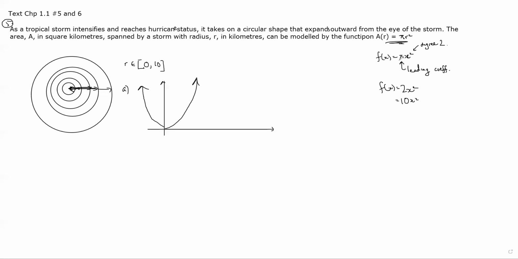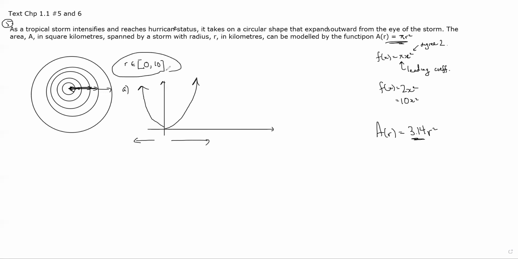In any case, pi is not something that you need to focus on. You don't need to get tripped up over it. It's just a number. The textbook might as well have given you this as the equation of the area of the hurricane. Okay, so again, don't get tripped up. It's just a number. Next, yes, the curve, a parabola, goes from negative infinity to positive infinity,